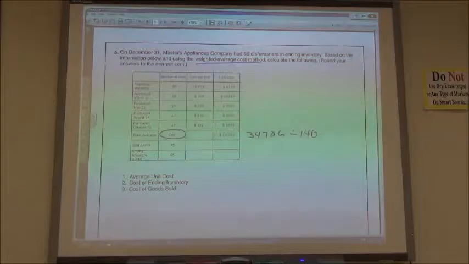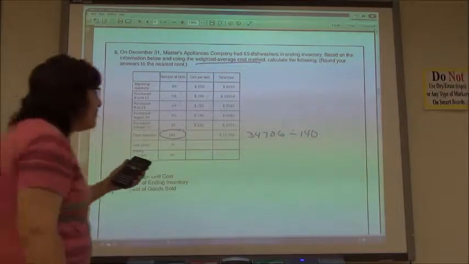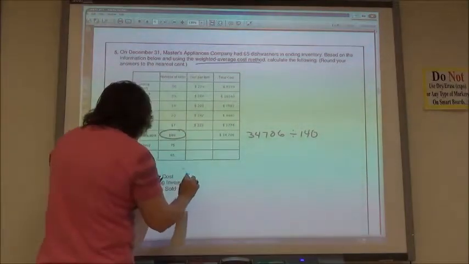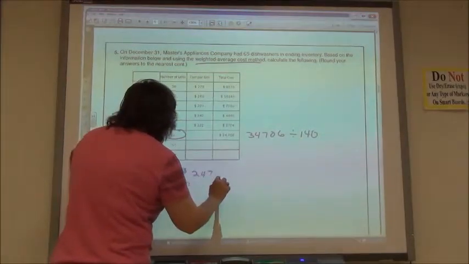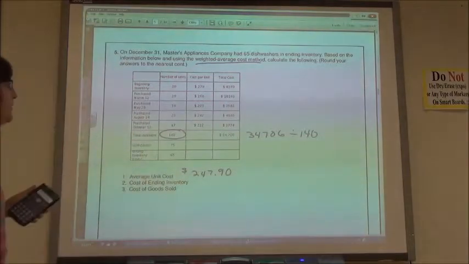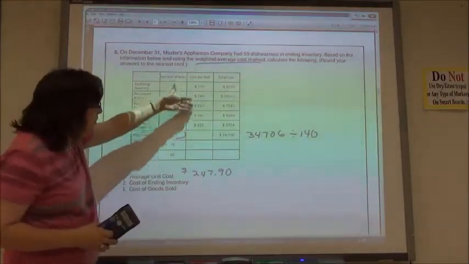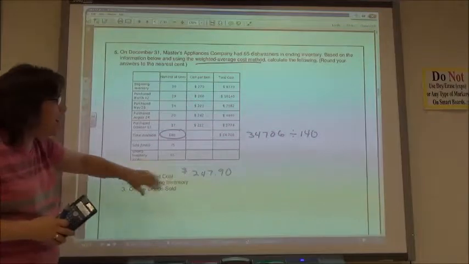So 34,706 divided by 140 means my average cost per dishwasher was $247.90. Right? Some of them cost a little more, some of them cost a little less, but my average